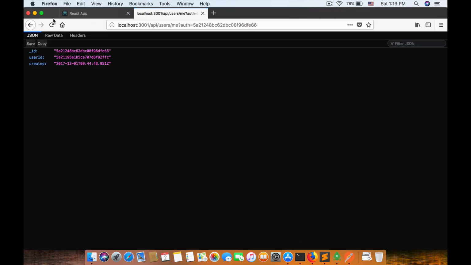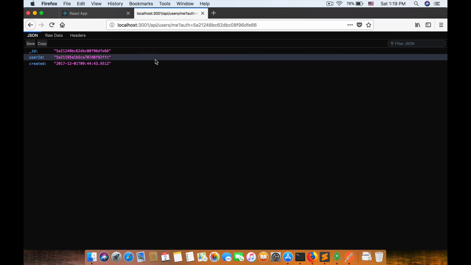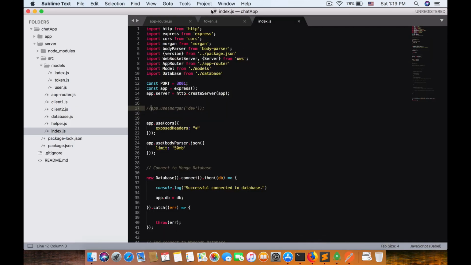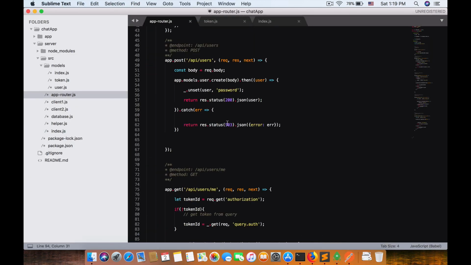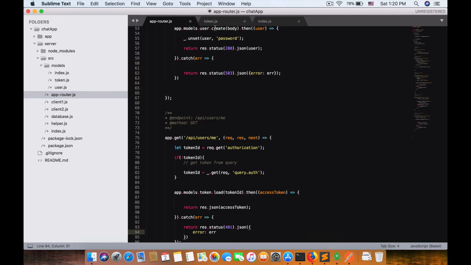And here now the first time we refresh, you got the message begin query into database. And the next time we refresh, we no longer see a new message. Cool. Alright, so let's get back to our authorization. We got callback is user ID, but I want to include a new user object in user ID. So in this case, I'm going to